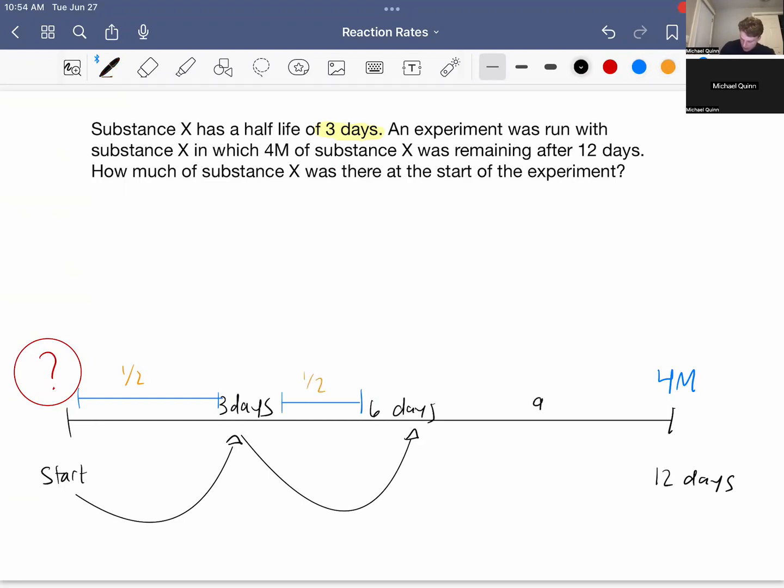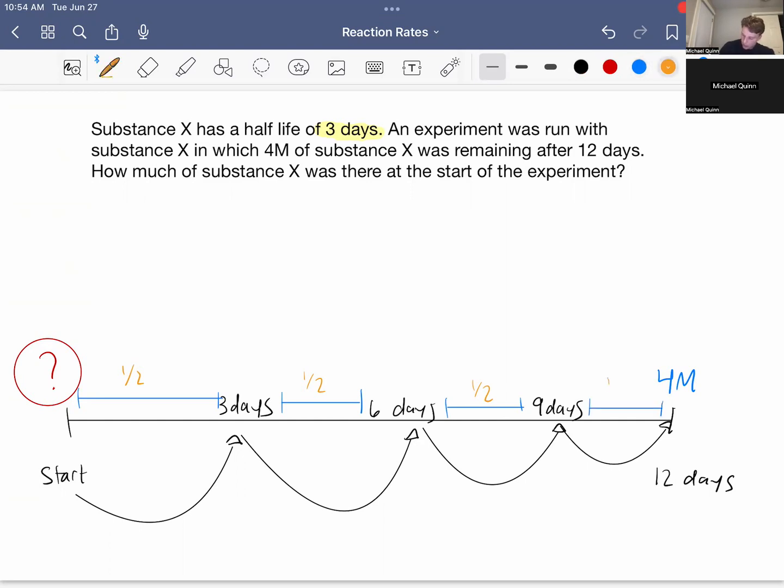Then at 9 days, we will see another half. And then at 12 days, we will see half again. So